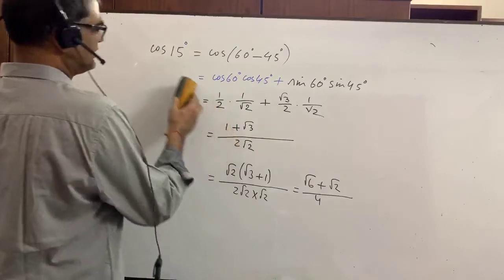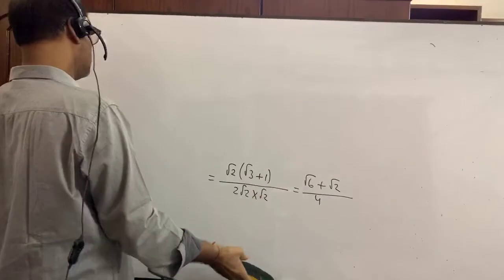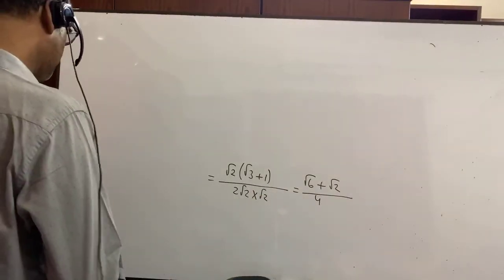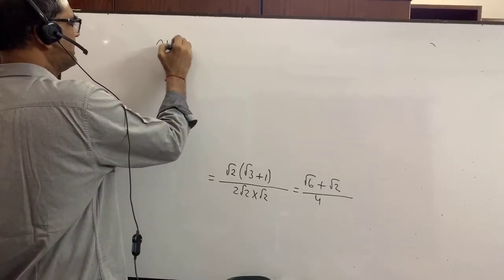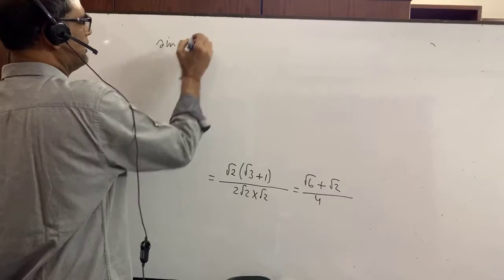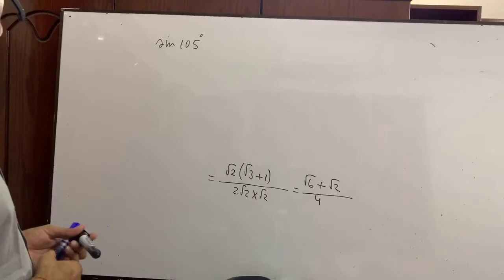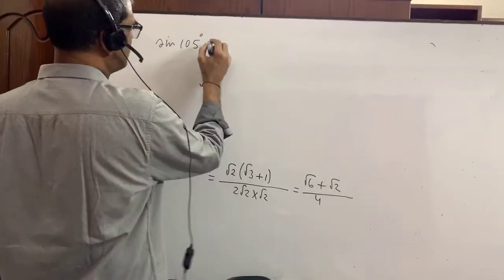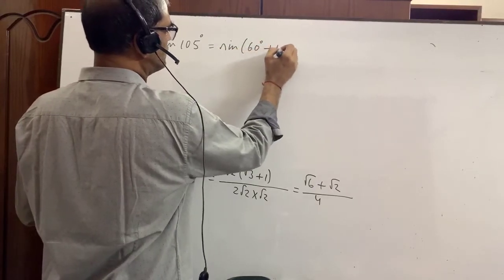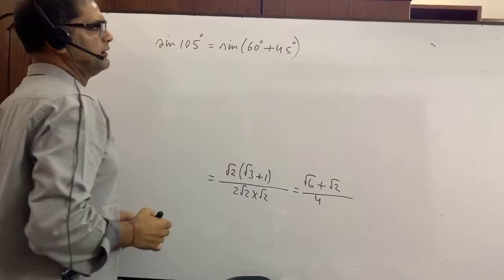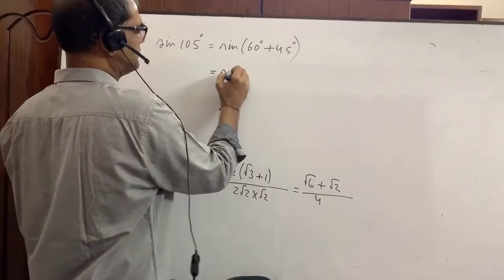Now if the math is given like this, very easy and simple math, it is only possible to do this type of math if you know the formula. Suppose now you are given a math of sin 105 degree. How to find the value of sin 105 degree? Very good, not a matter. We can write here sin 60 degree plus 45 degree. Okay, can you do it? Then what is the formula? You just let me know.